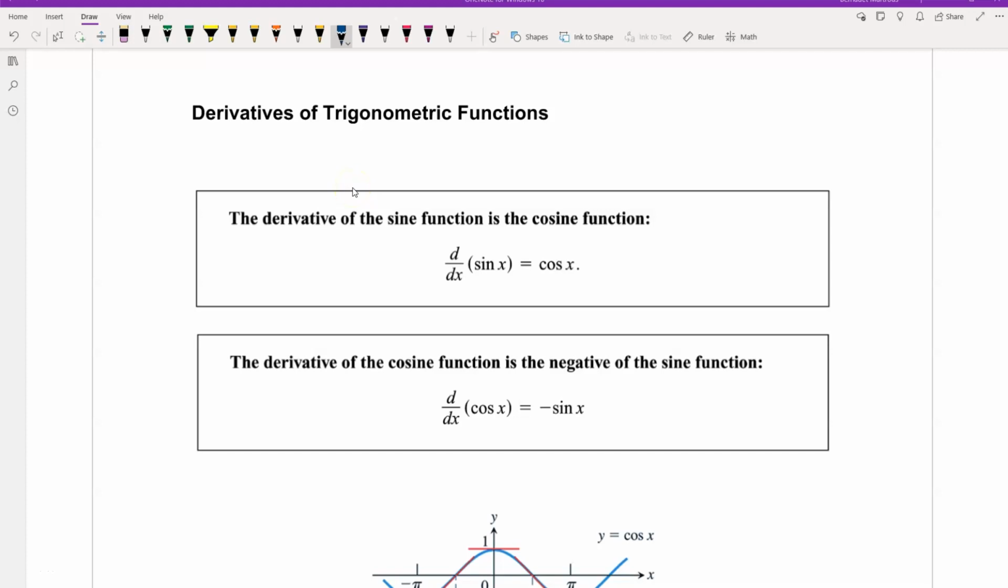Here in this section, we have derivatives of trigonometric functions. The derivative of the sine function is a cosine function. So what we have here is the derivative of sine x with respect to x is equal to cosine x. And the derivative of the cosine function is the negative of the sine function. So here on this part, we have the derivative of cosine x with respect to x is equal to negative